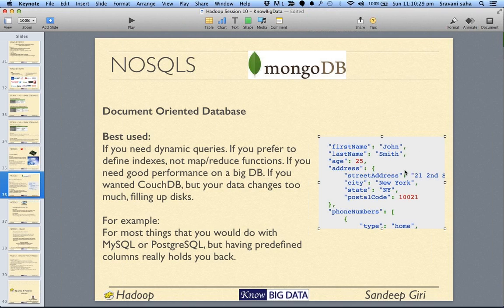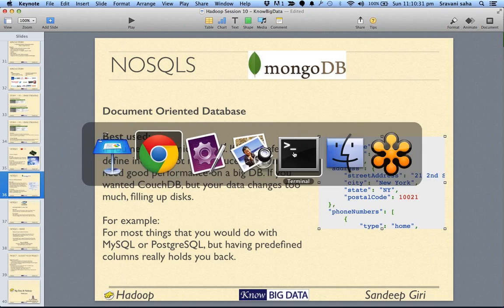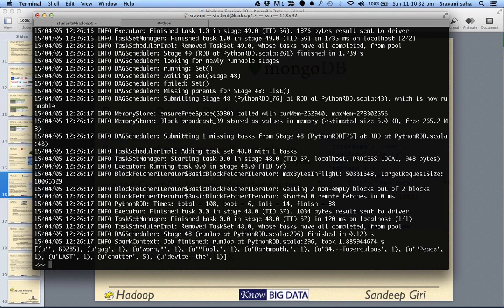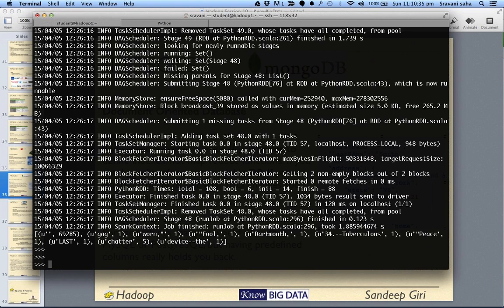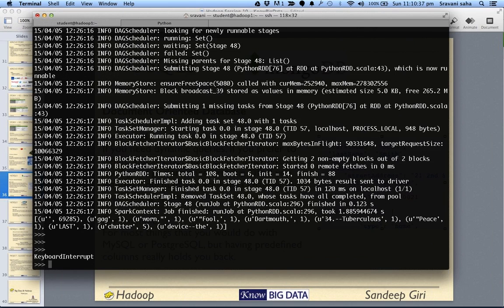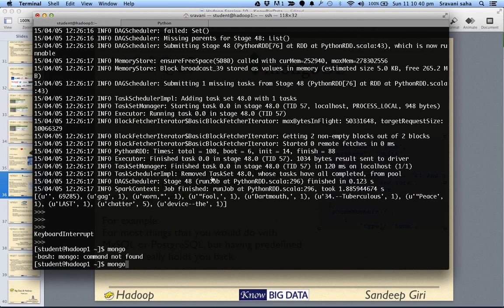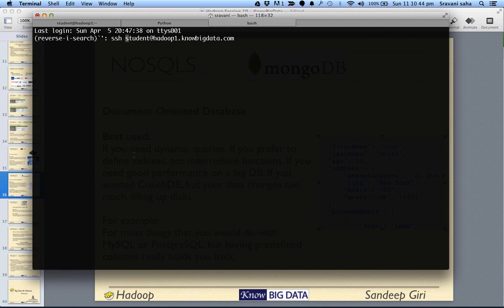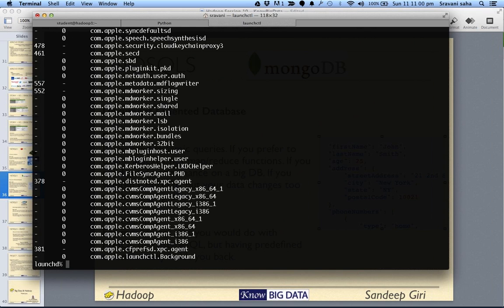So in MongoDB you store data. I think I don't have MongoDB right now. Maybe locally I will have it. Let me launch ctl and I can see the list.